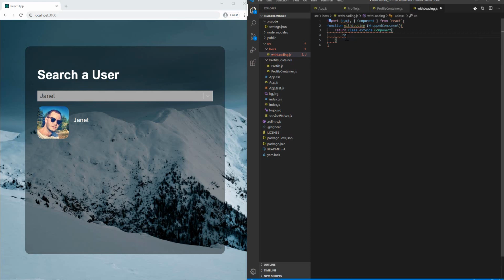And you can use class components here, or if you are comfortable with function components, you can use them as well. It doesn't matter. Render,